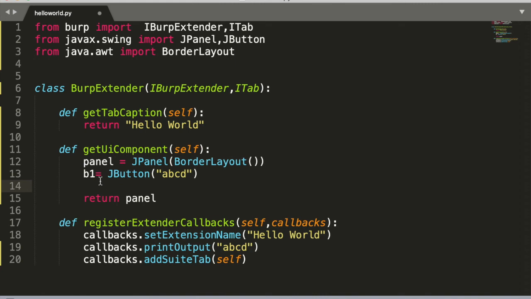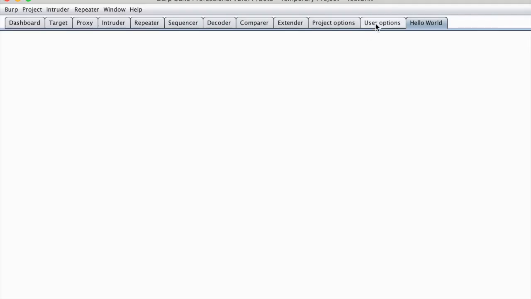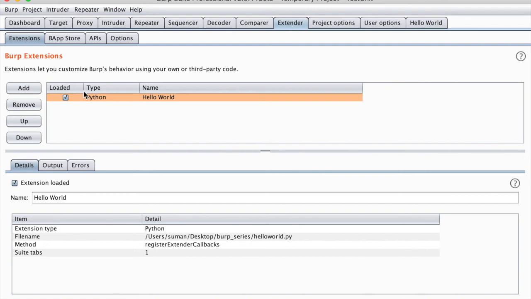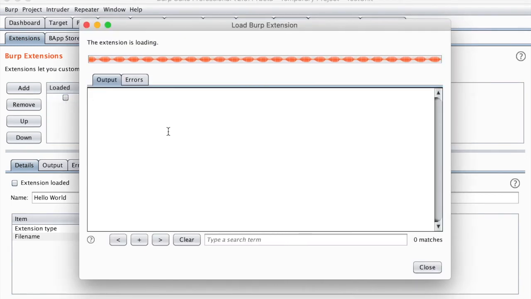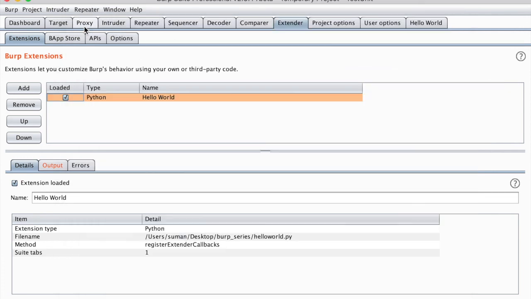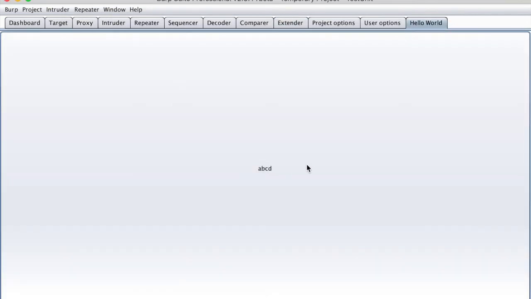So for adding we use panel.add, and we'll be adding this button. So I'm saving this and I'm reloading this extension. So I'll be moving to extender and clicking on this checkbox while pressing Control on my keyboard, and you can see that we have a button, but obviously it's too big.